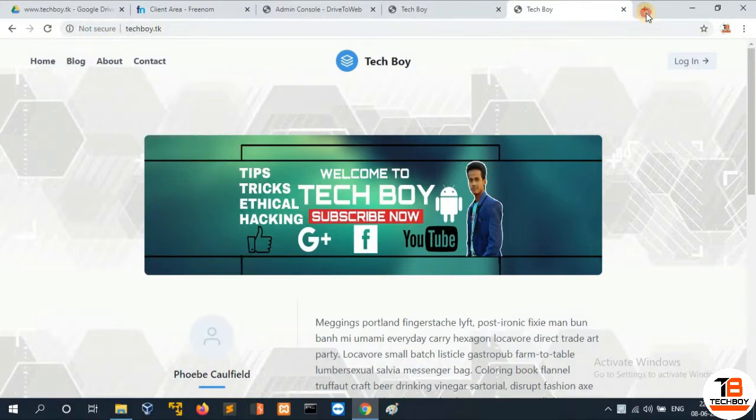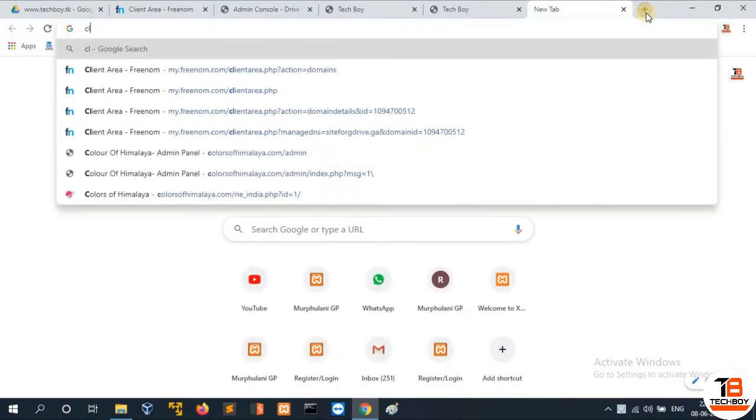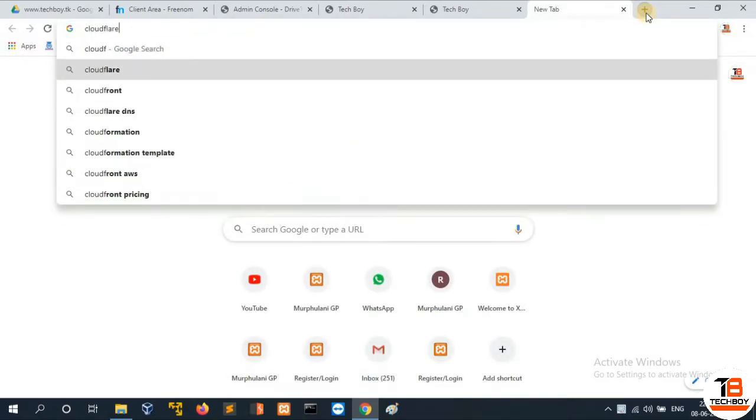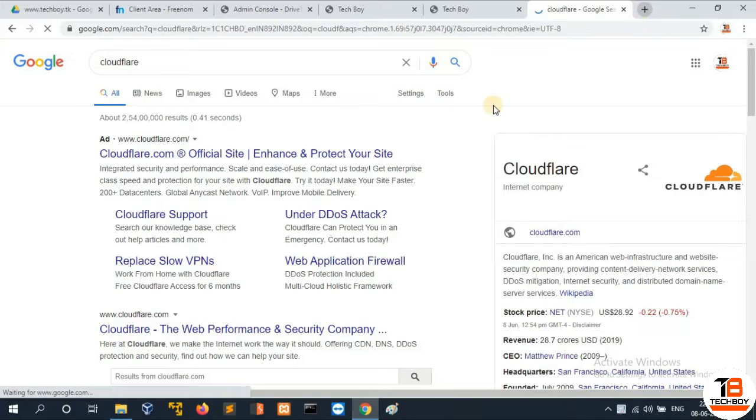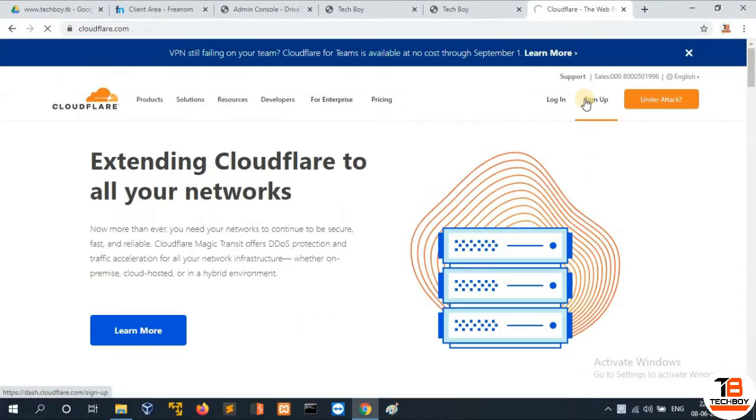So to enable SSL, we will use Cloudflare. First, create an account on Cloudflare and add your site there.